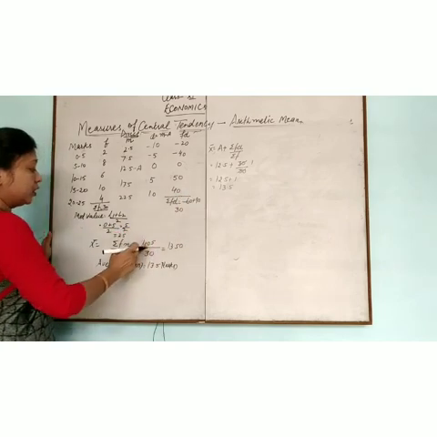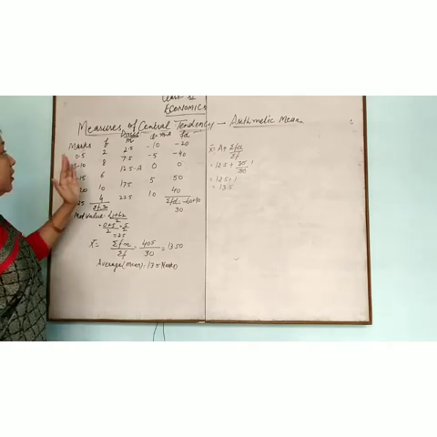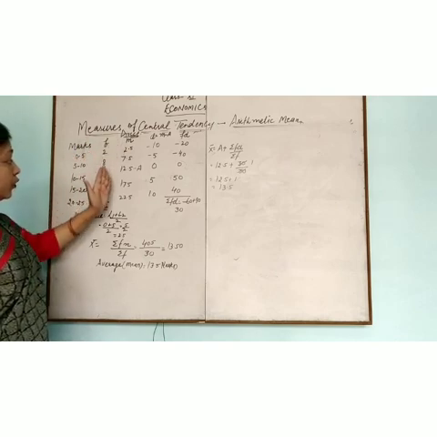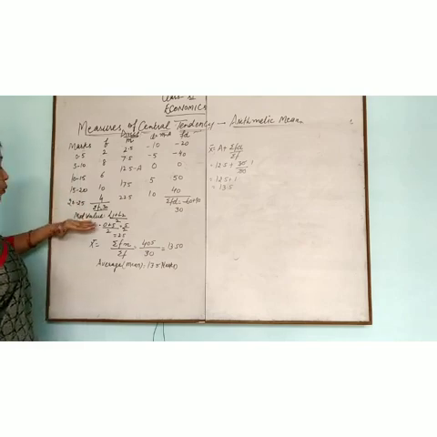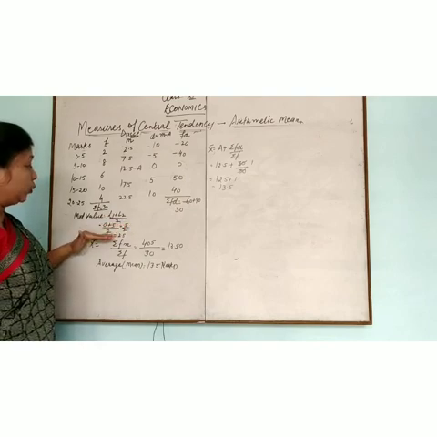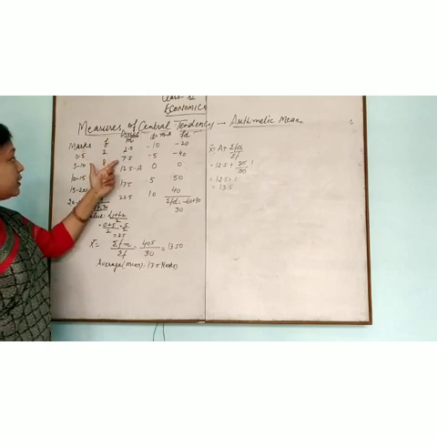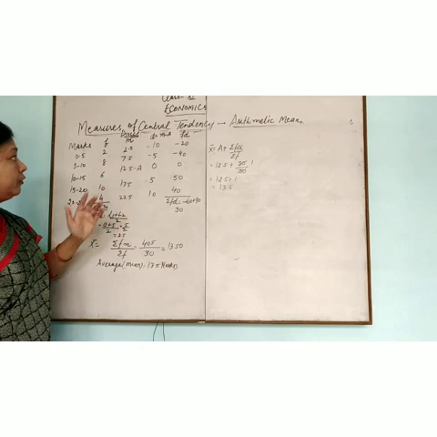This is your answer for the shortcut method, and that was the direct method. Is it clear? Again I am repeating the shortcut method. Marks are given, frequency is given. First of all, we have to calculate the mid value using the marks. How can we calculate the mid value? Lower limit plus upper limit divided by 2. 0 plus 5 by 2 is 2.5, then 7.5, 12.5, 17.5 and 22.5.